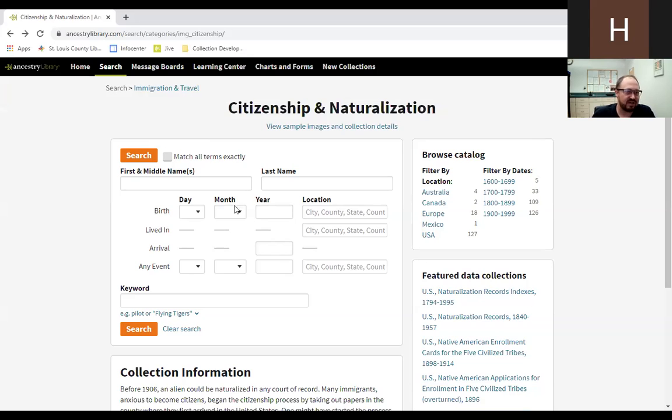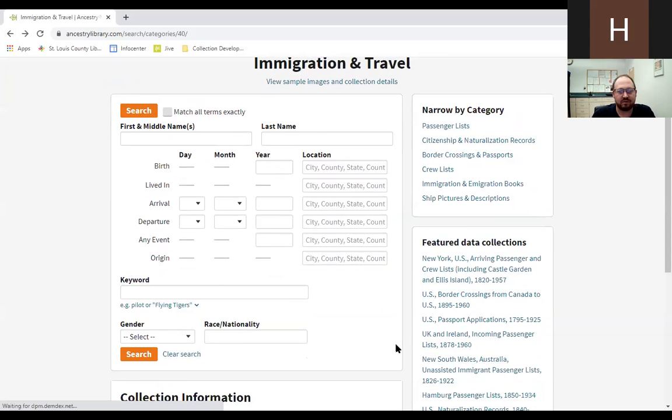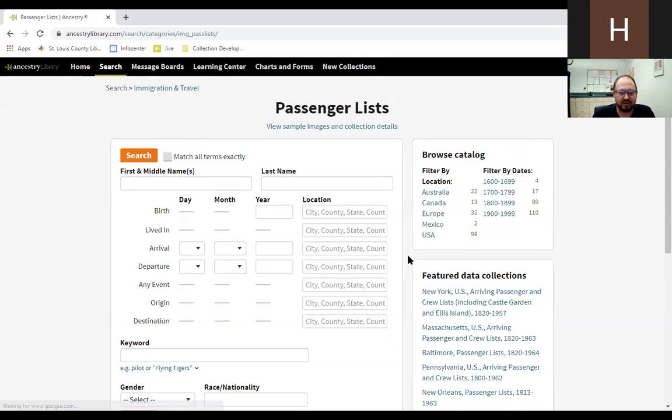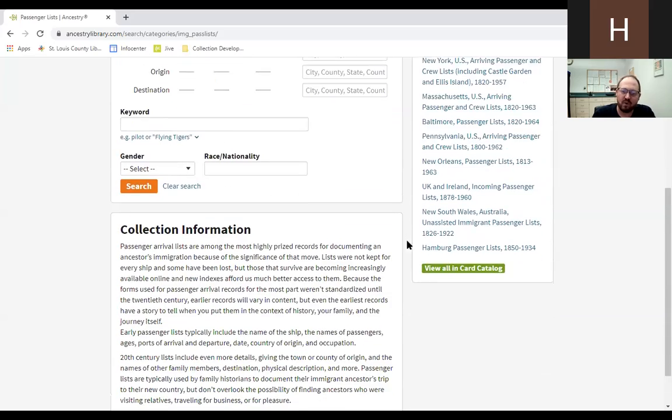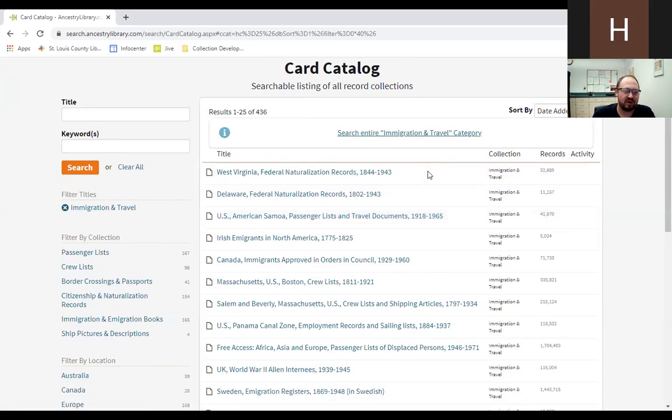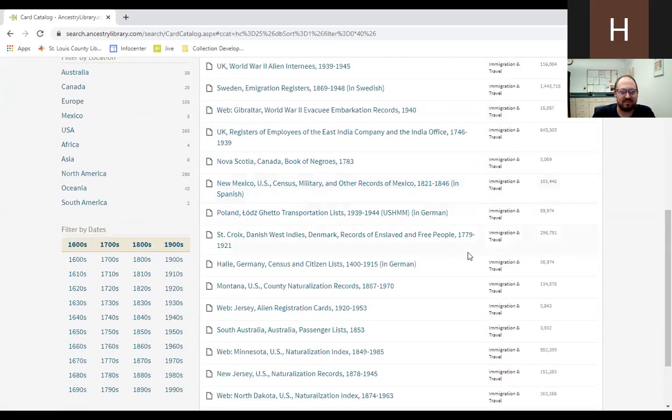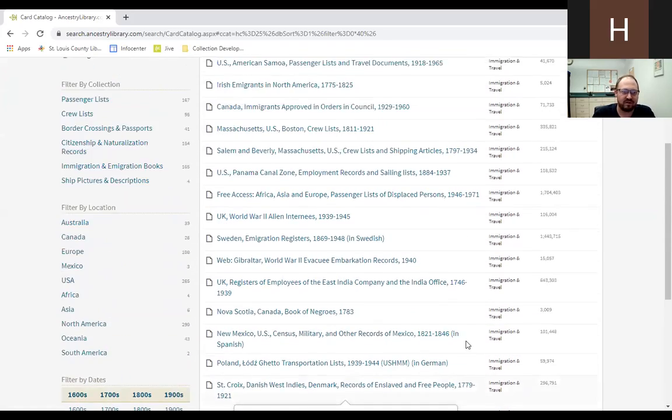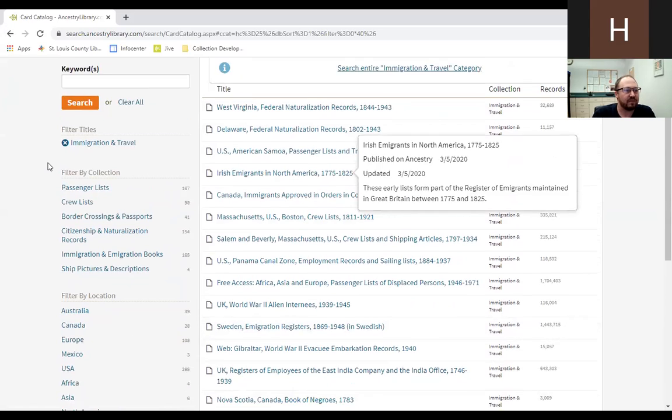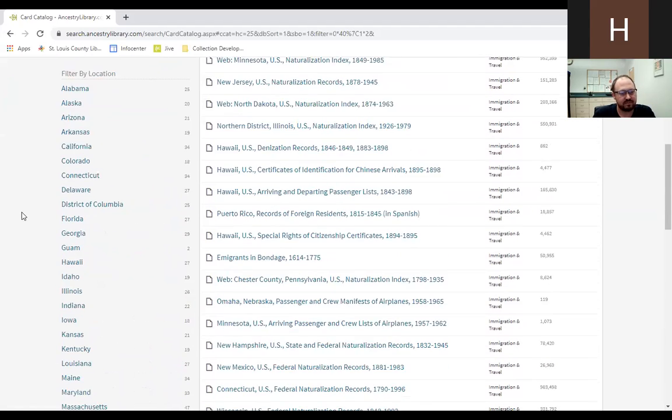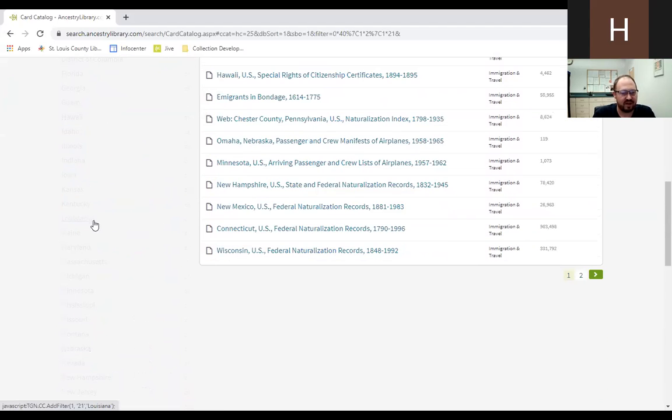For your passenger lists, what I highly recommend you do, you can either narrow by category to passenger lists and do your search, or more effectively go to the card catalog. If you know they came from New York or came through New York, or if you know they came in through New Orleans, to specifically search for those records independently. So if we came in and we did our narrowing down to US, we narrow it down to Louisiana,